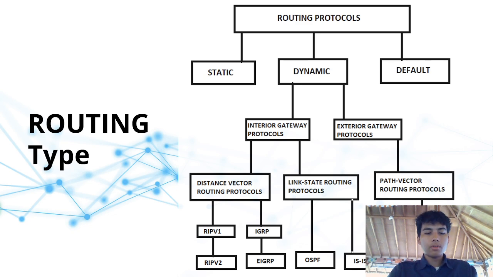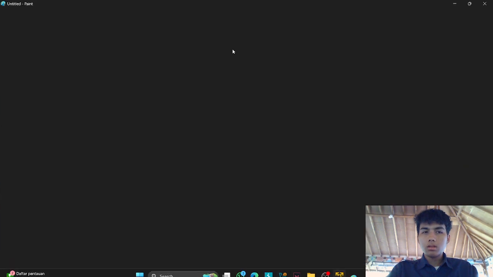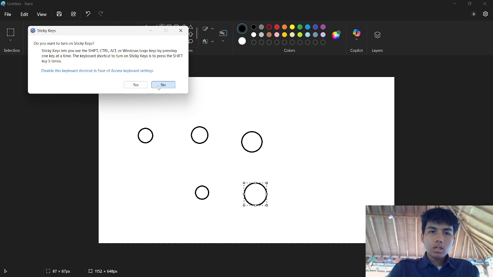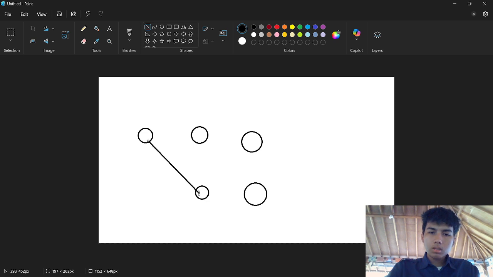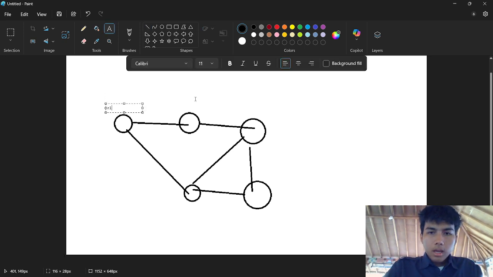For example, you have routers one, two, three, four, and five, and each router is connected to the others. Let's say you want to connect router one and router three, router two, router four, and router five.